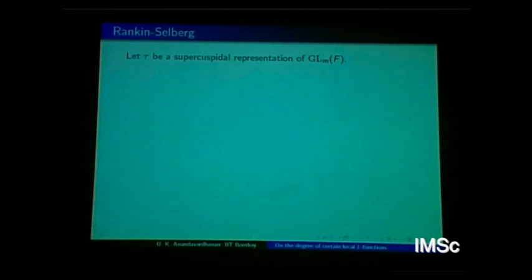Okay. So let's look at the Rankin-Selberg story. What happens there? So we already have GL_n(F) and one supercuspidal representation π of GL_n(F) already fixed. And now consider one more GL_m(F), let us say, and take another supercuspidal τ of GL_m(F). So for Rankin-Selberg, you will have two things. And then once again the Rankin-Selberg L-function is once again the constant function 1, except